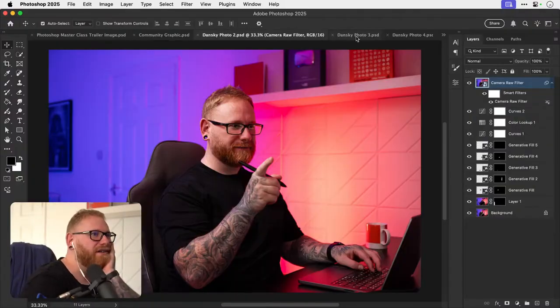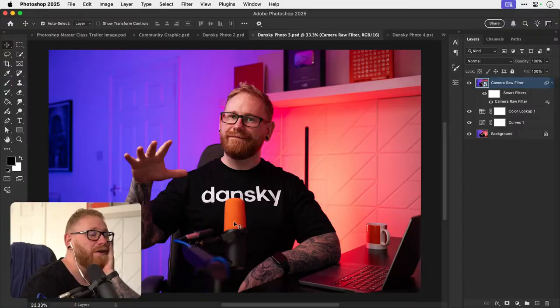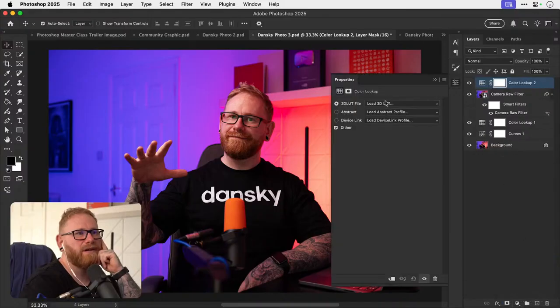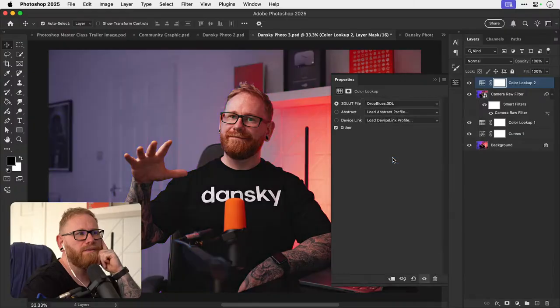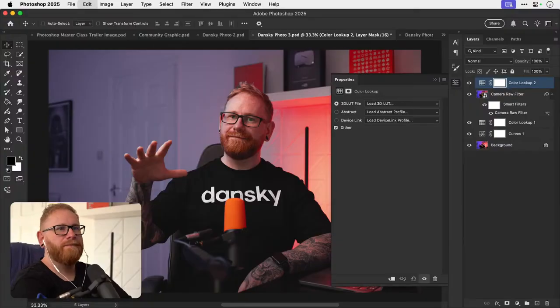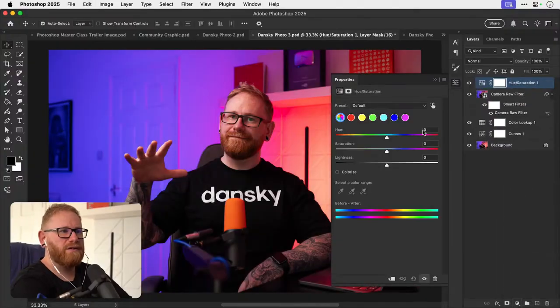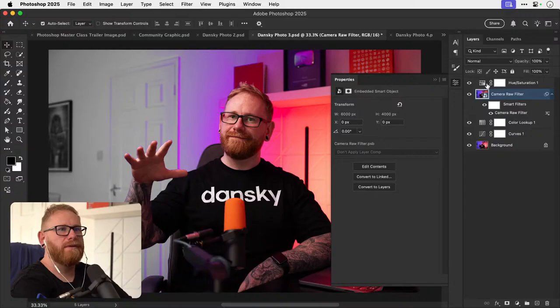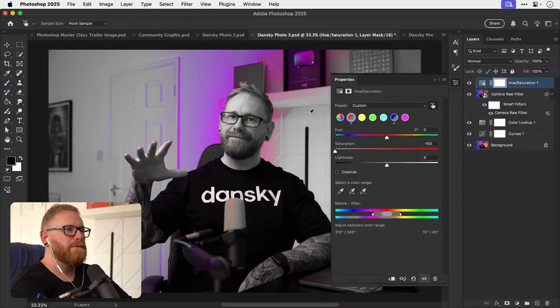Yeah, so whatever color treatment, this one. We've got the orange mic. Unless we black and white everything except the beard. So, what is it? Color lookup. There is one that is it drop blues? Is this the one I'm looking for? Or maybe we do it with a hue saturation layer. So we just strip out all the other colors.